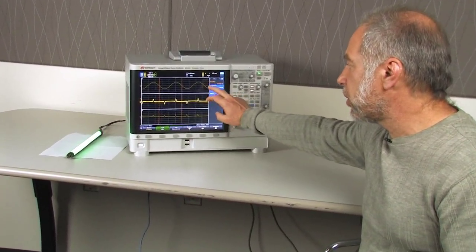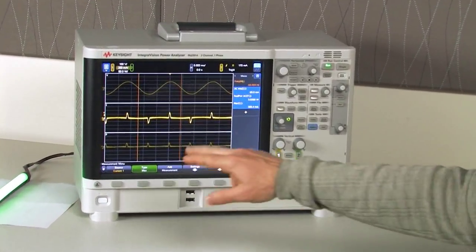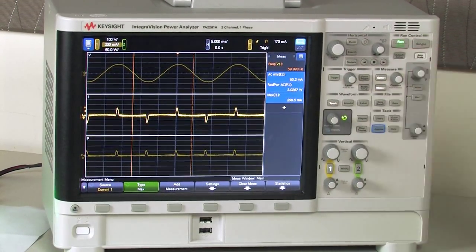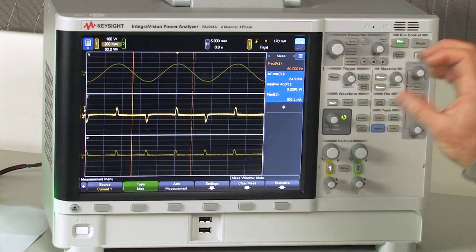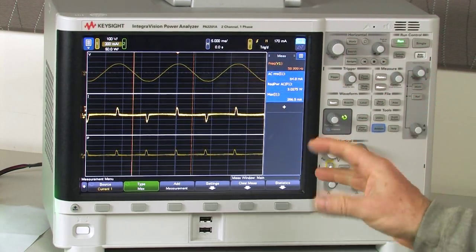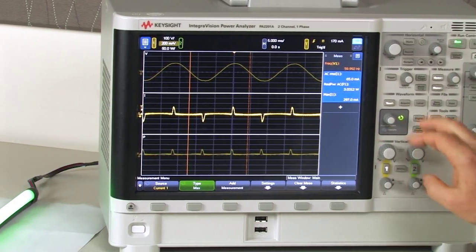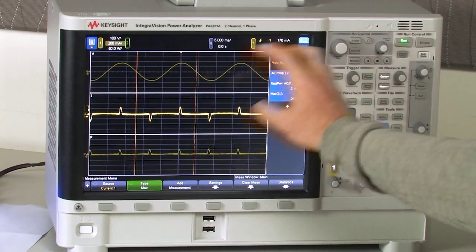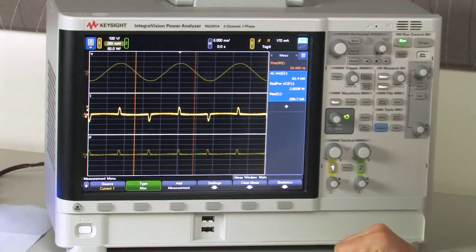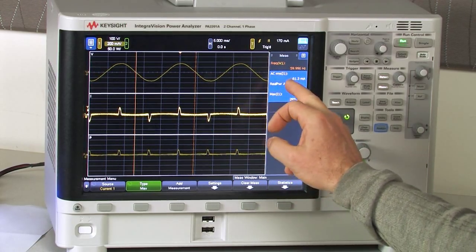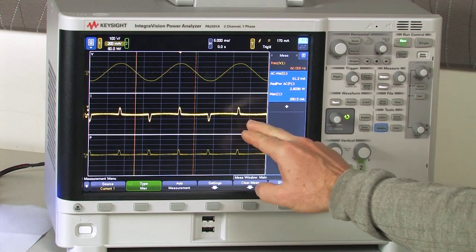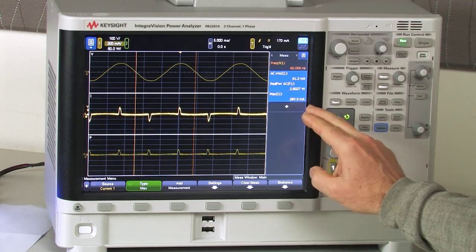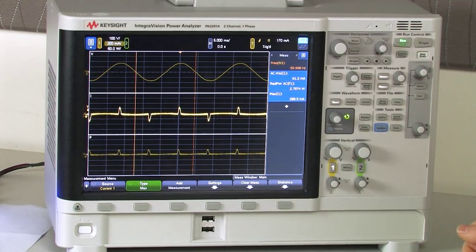Currently I have a voltage, current, and power waveform coming from this fluorescent light. The AC power is coming out of the wall, going through an inverter, converting to DC and powering the LED strip down the back. You can see that the frequency of the waveform is 60 Hertz, which is what comes out of the wall. And I have the RMS of the AC waveform. It's 61 milliamps. And the real power is down here, and that's 2.8 watts. So pretty low power consumption.